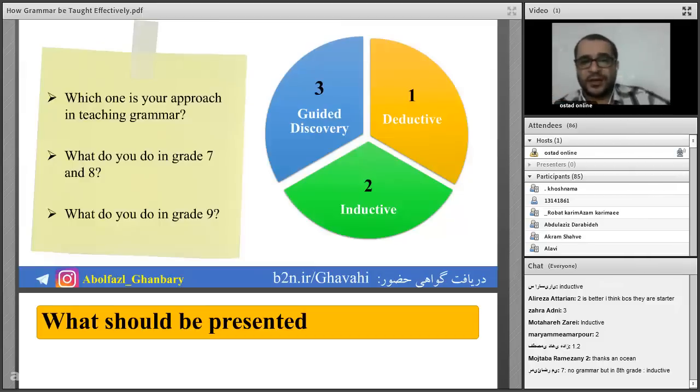But in grade 9, it is better to use guided discovery. It means that we should start by exposing the learners with lots of examples and then guiding them to discover